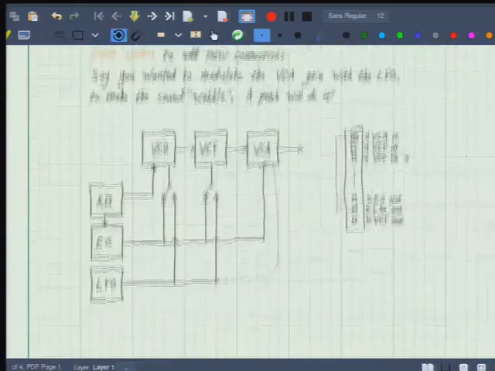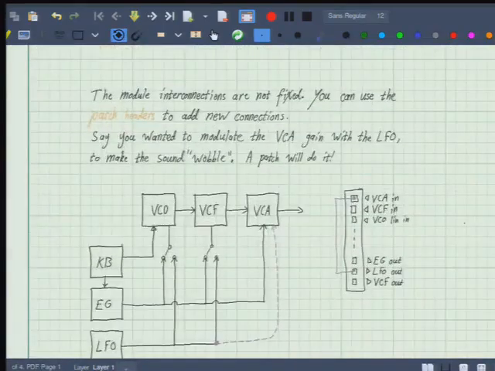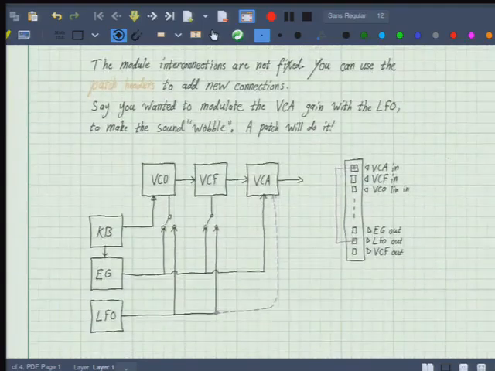So those are all the modules that we care about. There's one additional one that was on the diagram, which was the keyboard, but I think that's pretty self-explanatory. You press the keys, and it will modify control voltage as well. It'll go from 0 to 1 based on whether you press the lowest or the highest key. And that's about it.